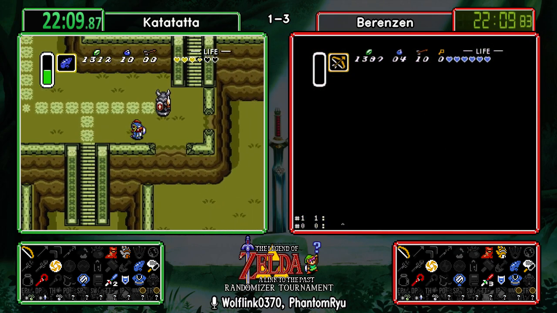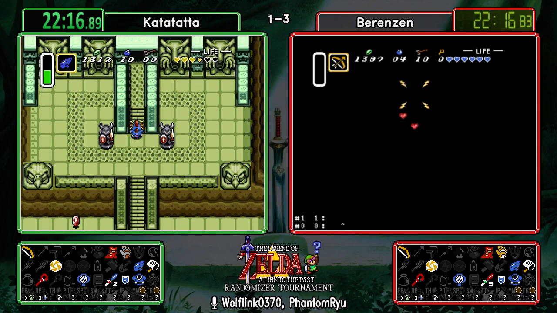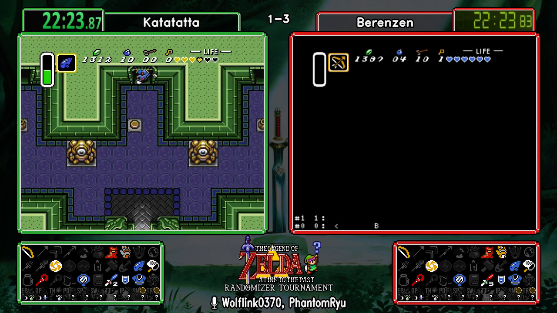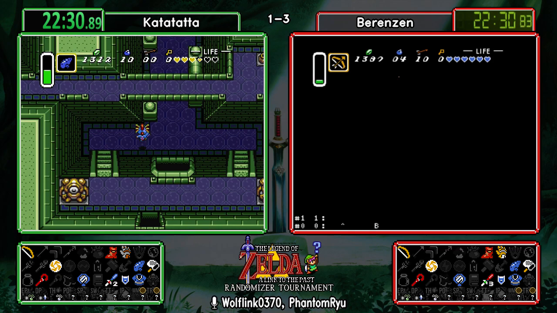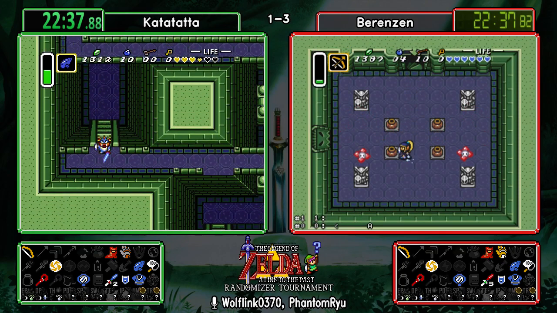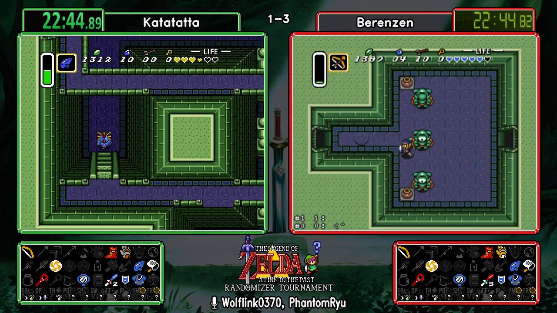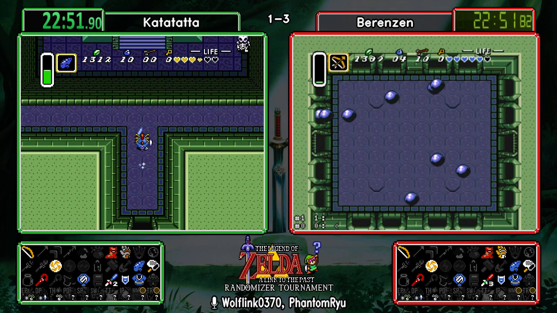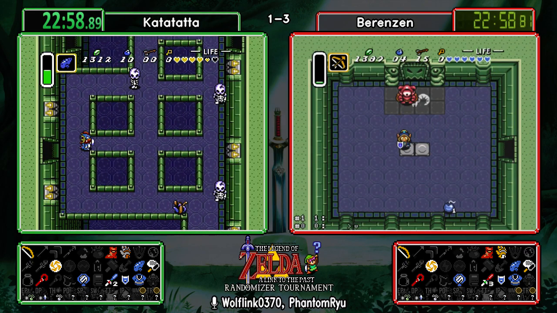Let's see what method Berenzen decides to use here. And Katatatta right on his heels. She will be clearing out Eastern Palace as well. And yeah, Berenzen just taking the all-out offense strat here. Yeah. Green ones you can damage with anything. The red ones though have to be shot with arrows. Yep. Their armor is too thick. Alright, so Berenzen gets through the pinball room there. It's one of my favorite rooms in the game. I don't know why, so...